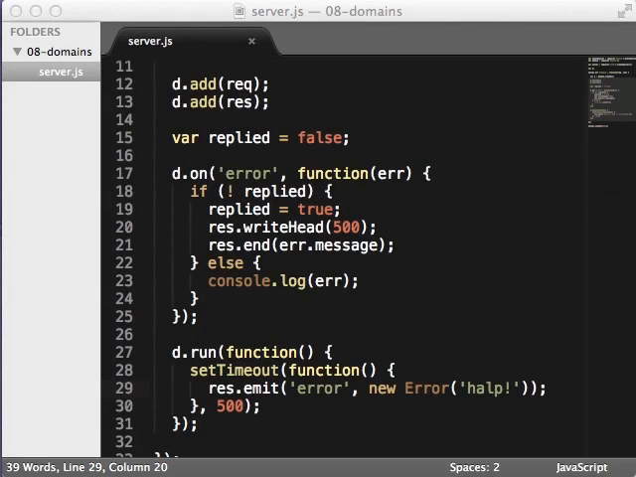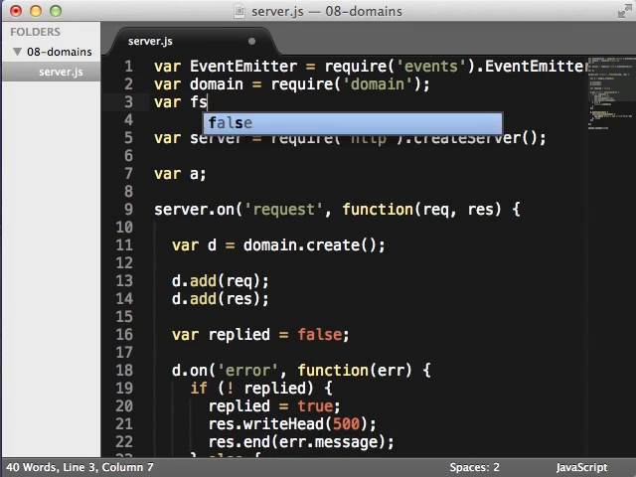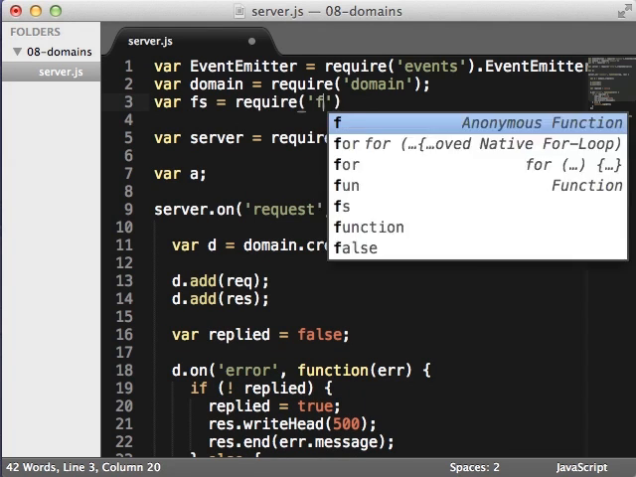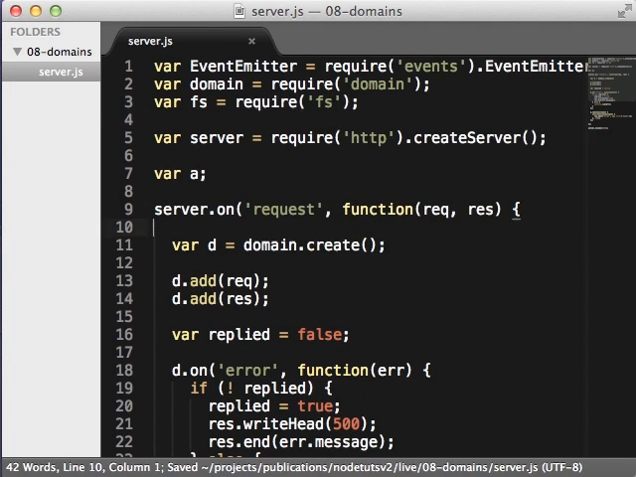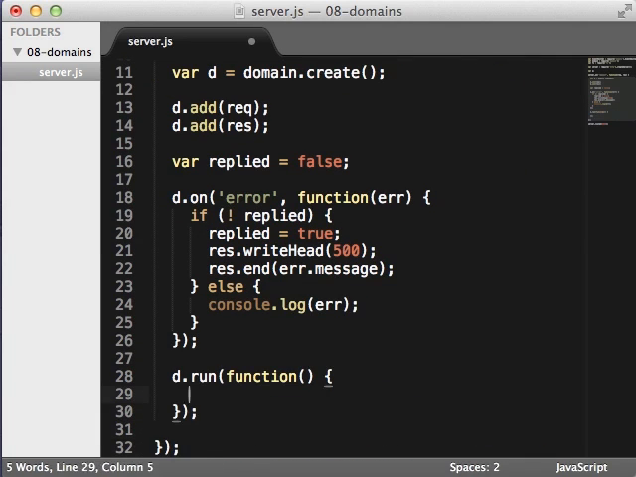Besides event emitters, I/O is also processed in the context of callbacks. Domains also support the standard callback pattern. For instance, if you're reading a file entirely into memory, you're using the callback pattern. So let's do that. So here we do fs.readFile. Let's read